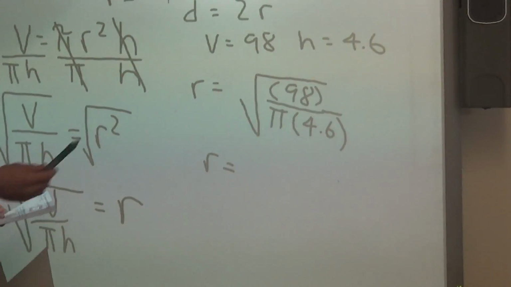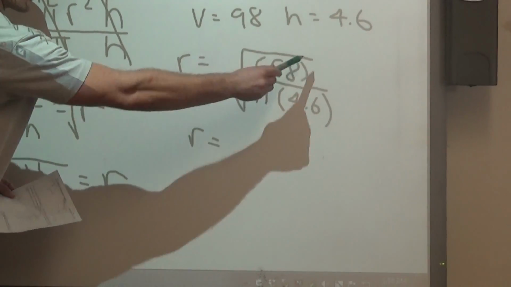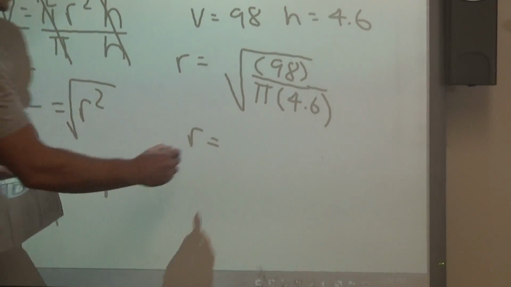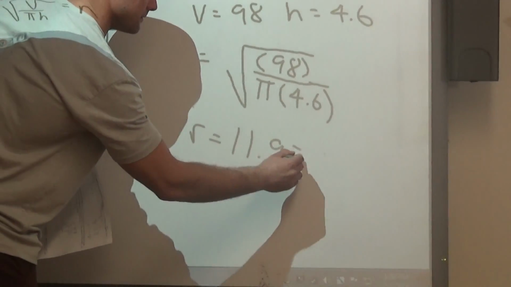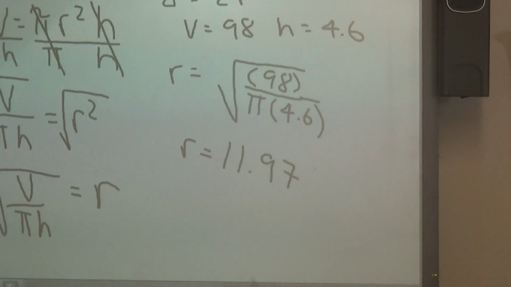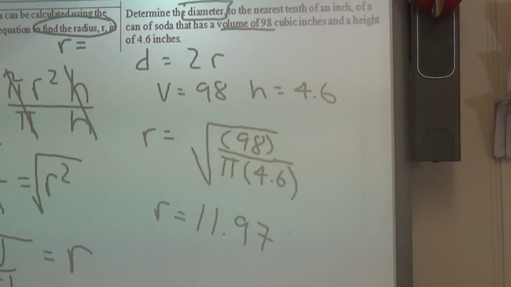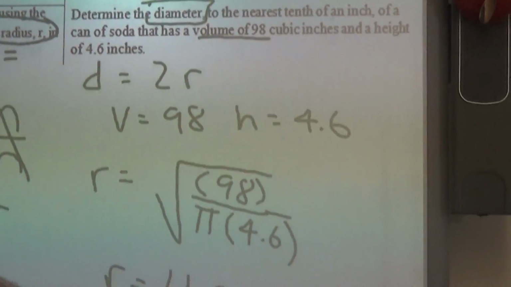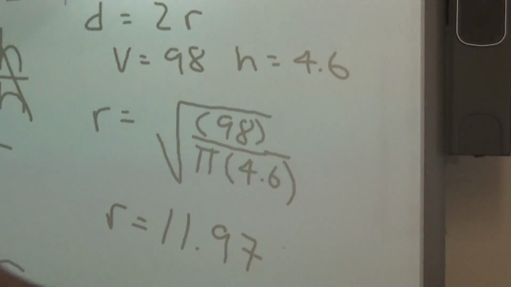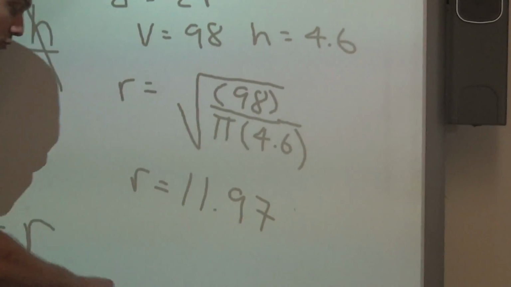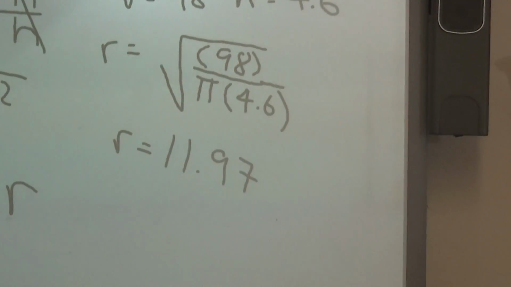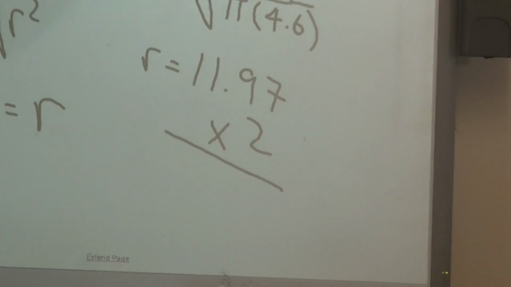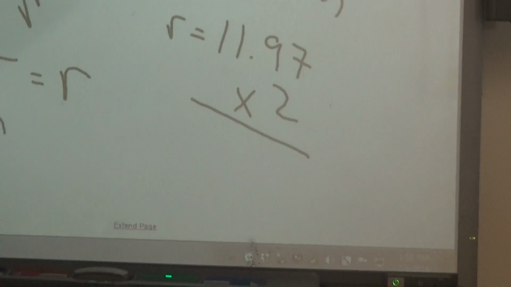And when we simplify all this, the square root of 98 divided by pi times 4.6, we will get 11.97. So, remember, we were asked to find the diameter. So now I know the radius. So in order to find the diameter, we need to take this value and multiply it by 2. So you can go ahead, multiply this by 2, and we get